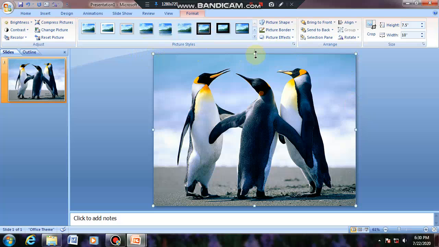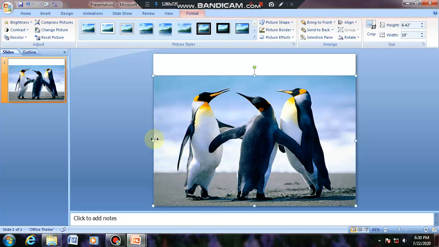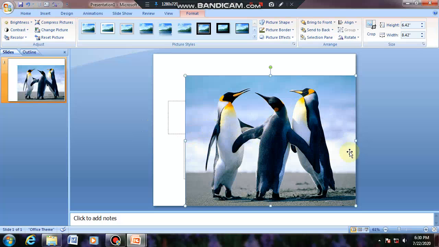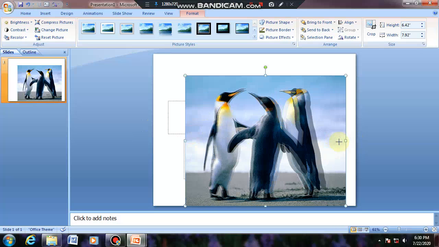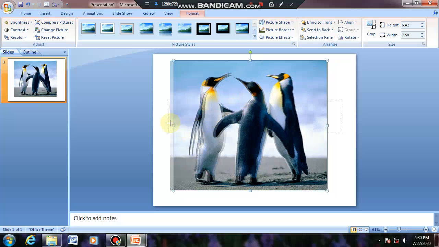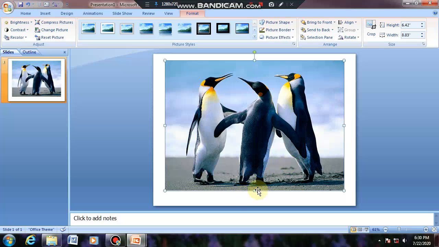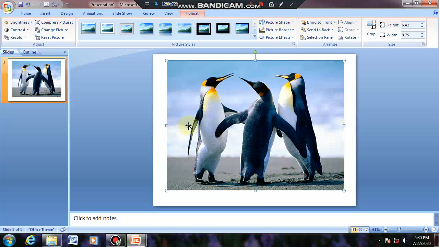Yes, you can use them to resize your picture. If you want to make it small or you want to justify it on your page, then you can resize using this. So this way you can resize your picture.